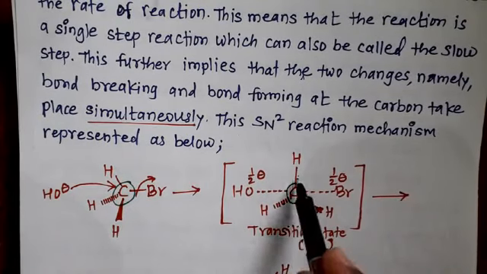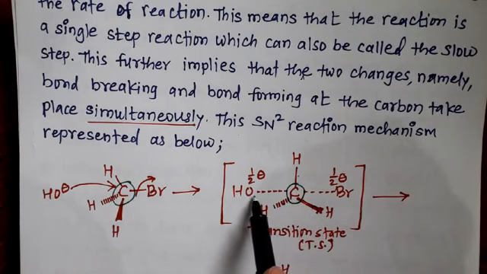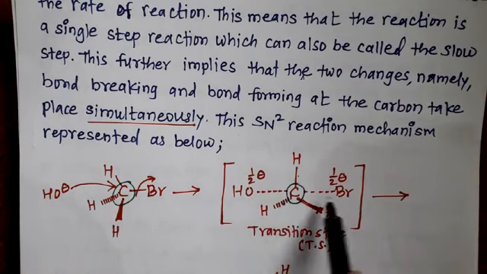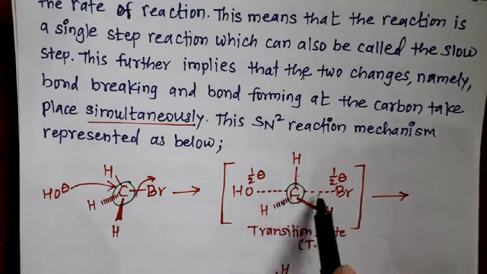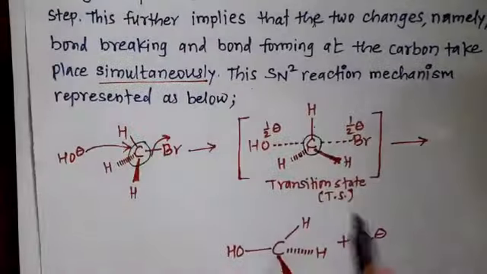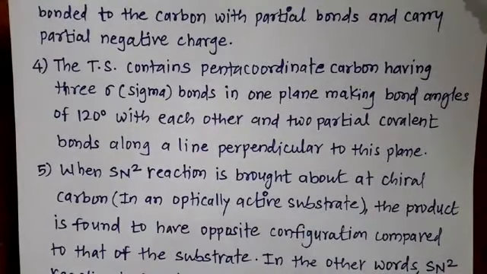These are 3 carbon hydrogen bonds, one bond between carbon and OH, and one bond between carbon and bromine. 1 2 3 4 5 means there are 5 bonds, and hence the carbon is called a pentacoordinate carbon, in which